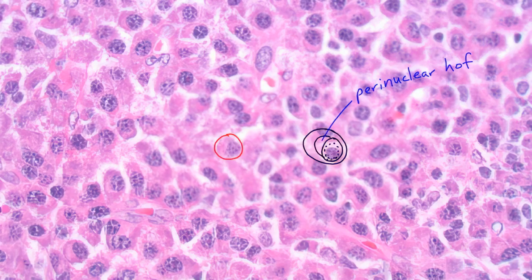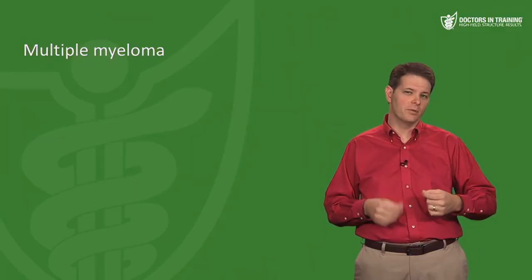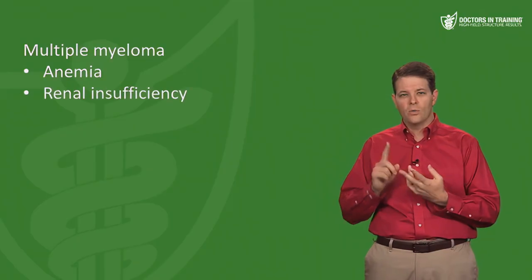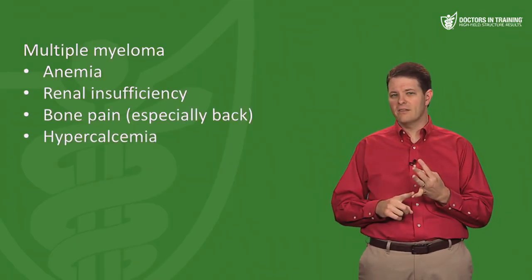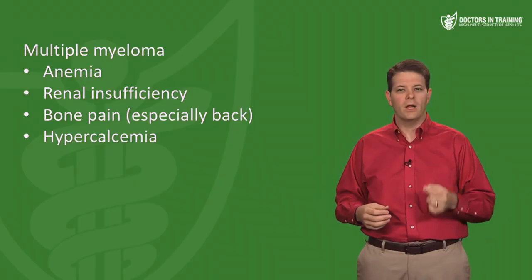That's called the perinuclear HOF. There are lots of different facets to the clinical presentation of multiple myeloma. The big clues in the initial history and labs would be anemia, renal insufficiency, bone pain, especially in the back, and hypercalcemia. So if you see any combination of those, especially in an older patient, multiple myeloma should definitely be